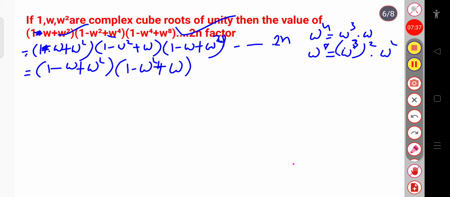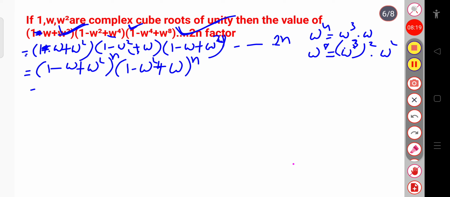So this term will continue up to n times, and similarly the second term, fourth term, they will continue up to n terms. So for the second term I can write 1 minus omega square plus omega, this is power n, clear? 1 minus omega plus omega square, again this first and third term is same, so first, third, fifth and so on, this term will remain same. So this will continue up to the nth term, and similarly 1 minus omega square plus omega and so on for the second, 4th, 6th, that term will get the same value. So this will be power n.